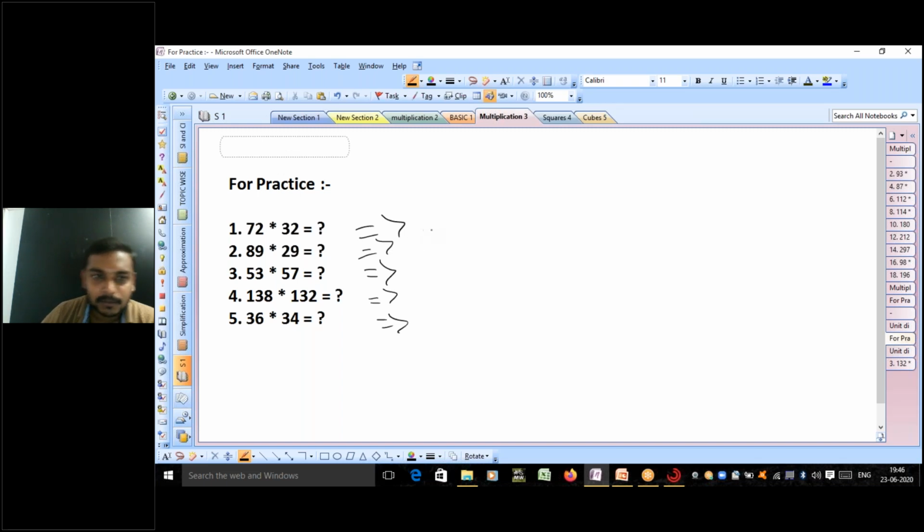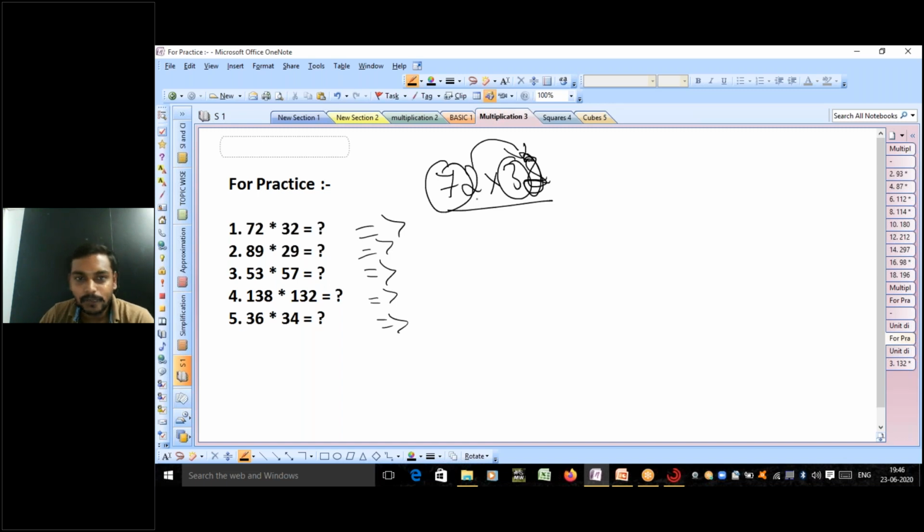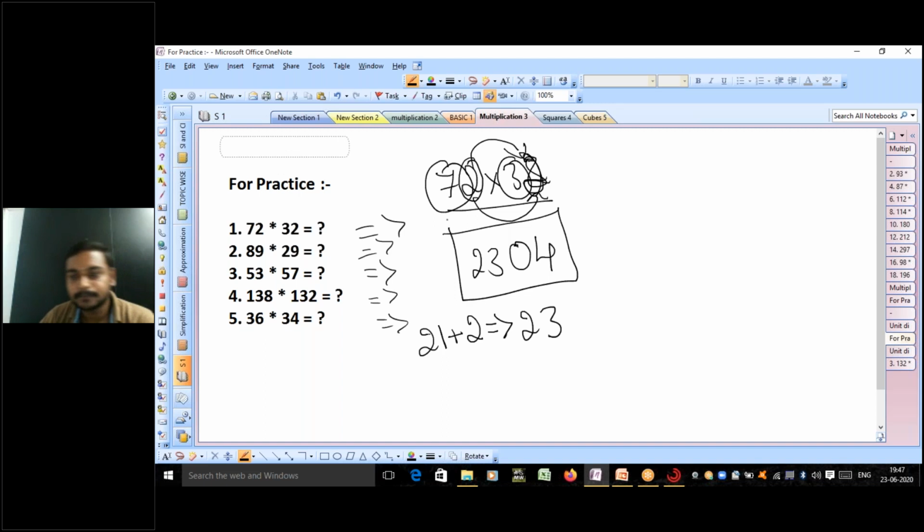Sure. Definitely I'll explain. Okay. So first one, here we have a number 72 multiply with 32. Just observe the number. Unit digit numbers are same and sum of the remaining numbers is 10. In this situation, first you have to multiply unit digit. 2 2s are 4, but we are supposed to write 2 digits. So 04. Then multiply this number. 3 7s are 21, plus this number 2, which is equal to 23. That is your left part of your answer. That is 2304.